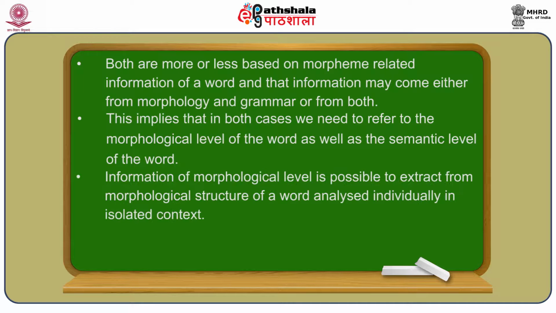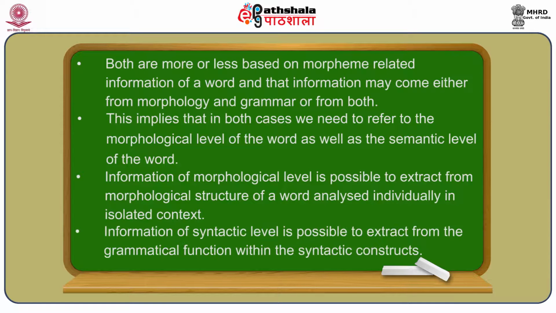So information of morphological level is possible to extract from morphological structure of a word, analyzed individually in isolated context. It is very much possible that we can analyze a word in an isolated situation, dissect into parts, identify its morphemes, its functions. Also, we can find out what kind of combinations are actually taking place, or how conjoining between the concatenation between the two elements to generate the final form. That is very much possible. On the other hand,